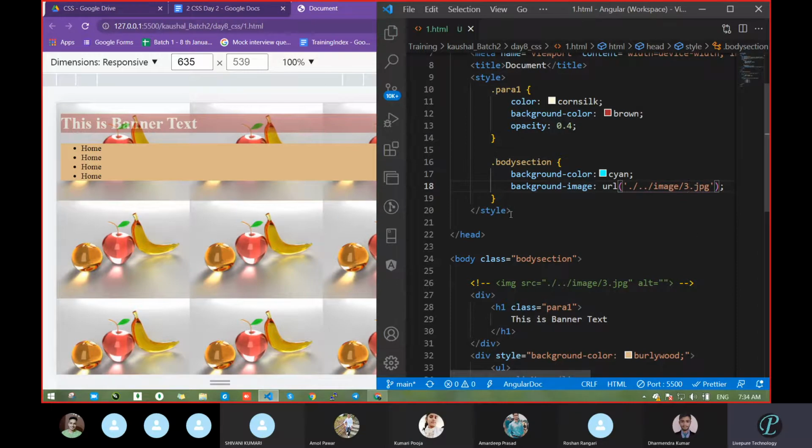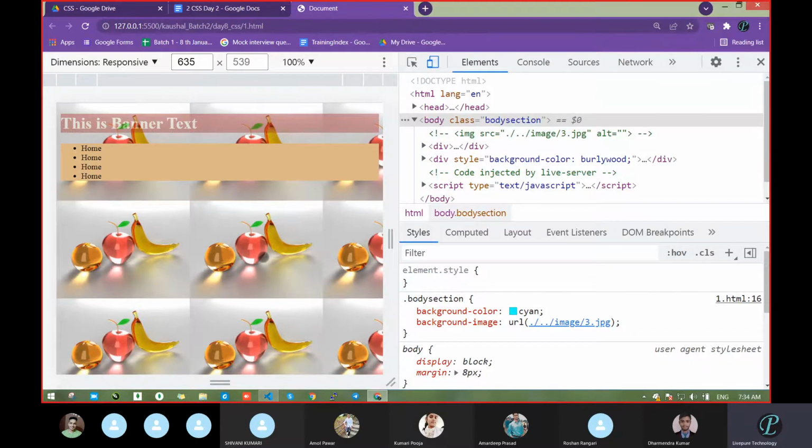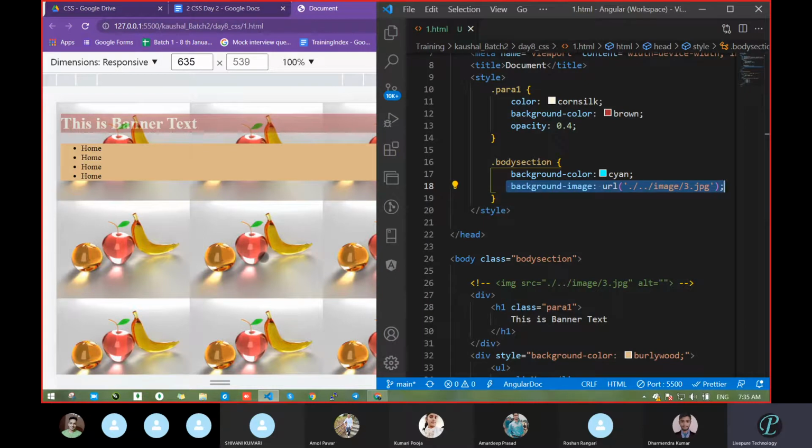Now what I want to make, is this clear? What is the use of background image? The background image becomes visible in the complete background section. Wherever you pass it, that is the main thing. If you pass it on the complete body section itself, as I passed in the body section, it came like this. But if you want it for a particular section, you have to pass it there, but the property will be the same.